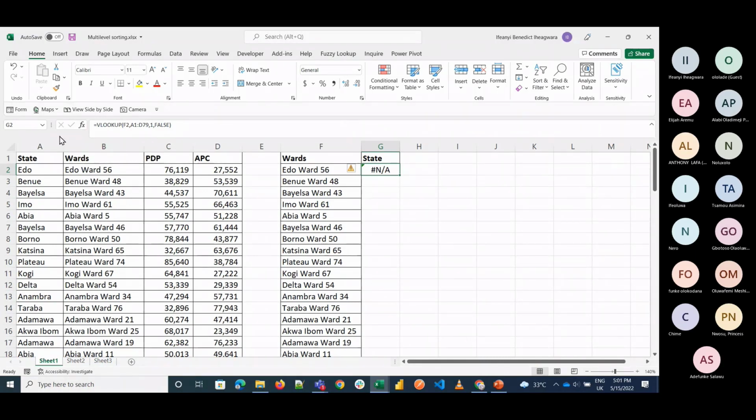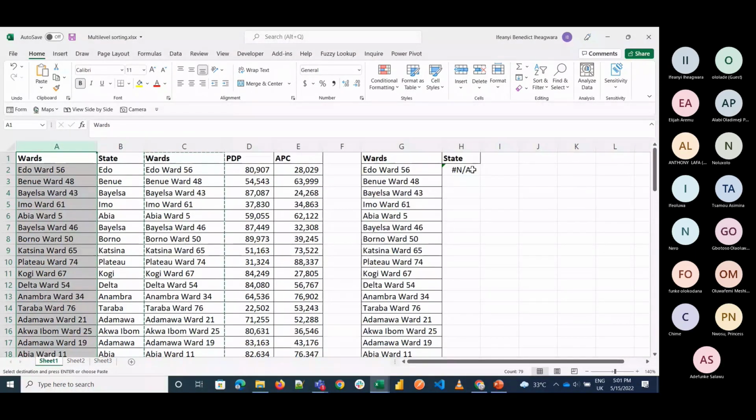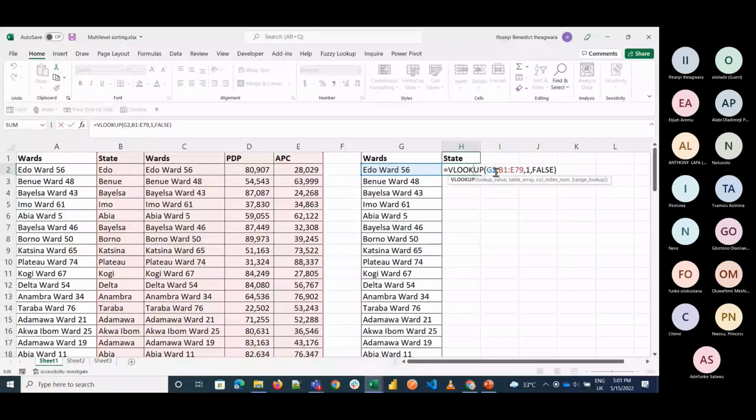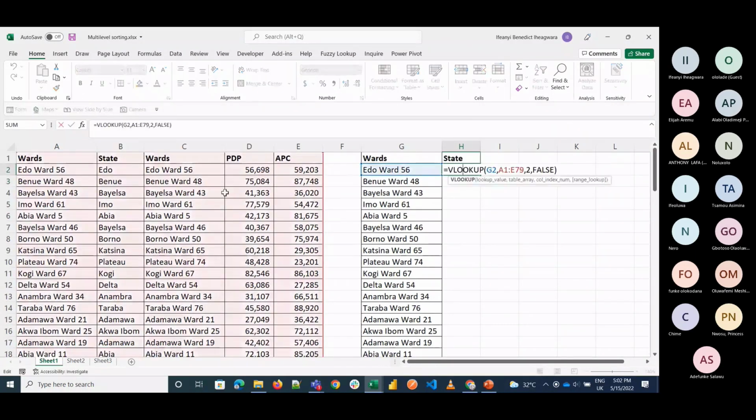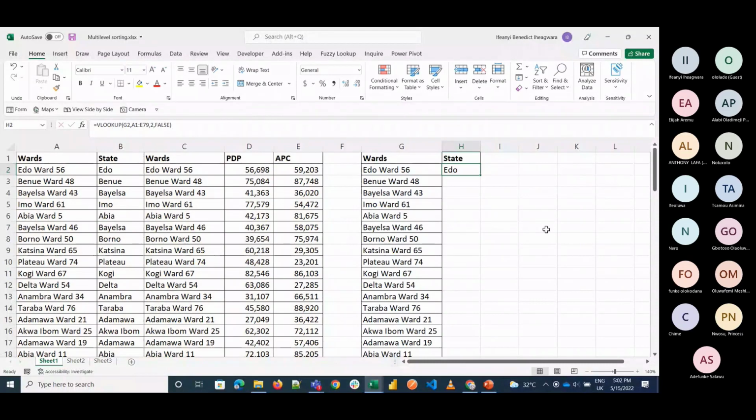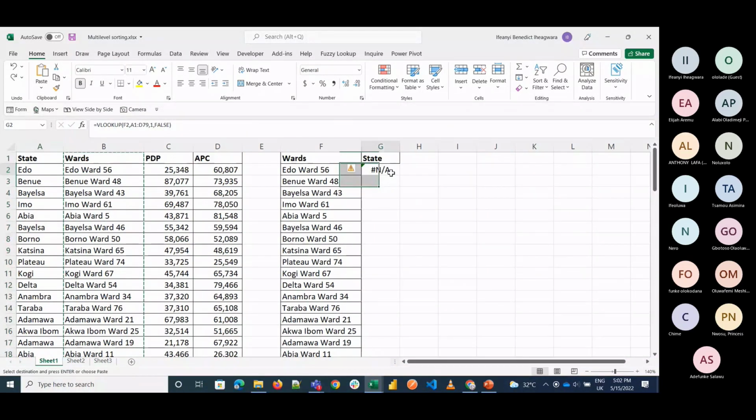Maybe you've moved the words. For example, if the word was actually here, and you use the formula, now let me just change our table. Now what we're looking for is column 2. You see we got the correct answer in this case, but this is not the case. Our data was actually like this. So you move this now to the beginning, but you can't always do that